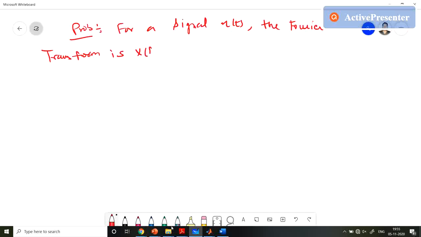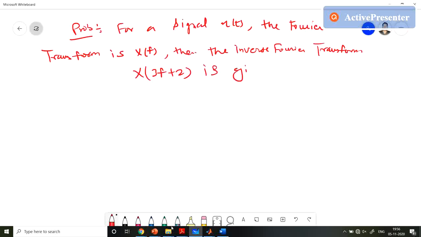Then the inverse Fourier transform of X(3f + 2) is given by